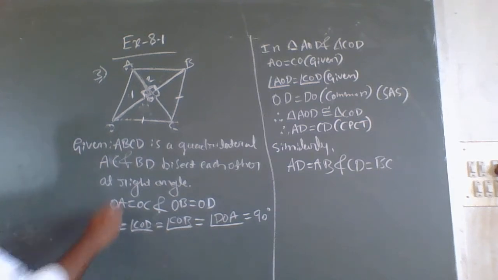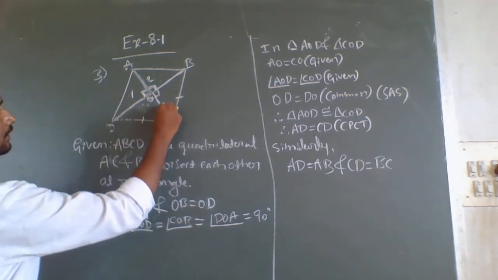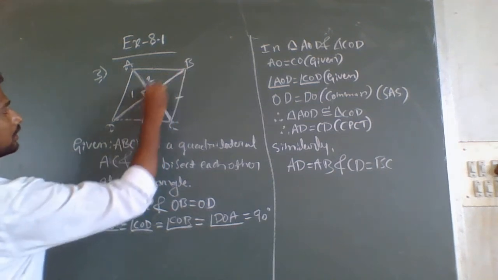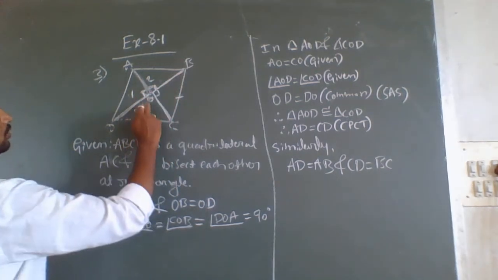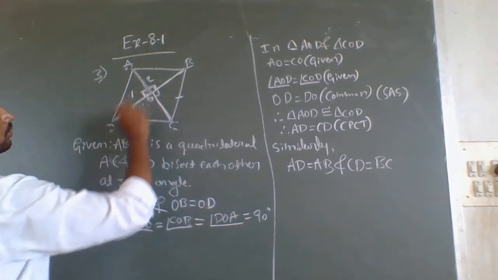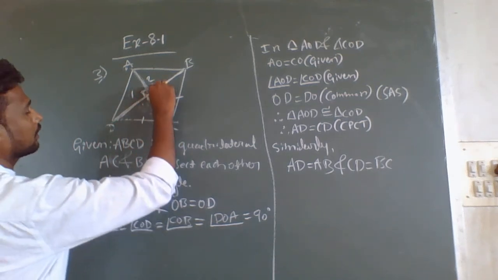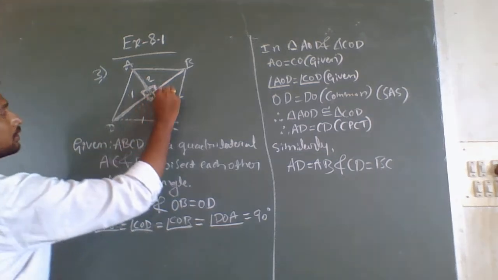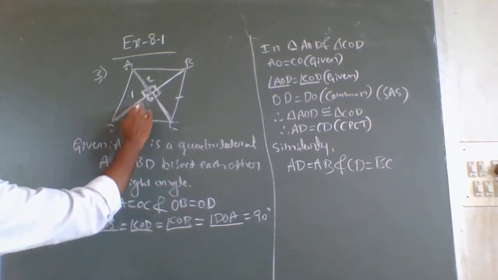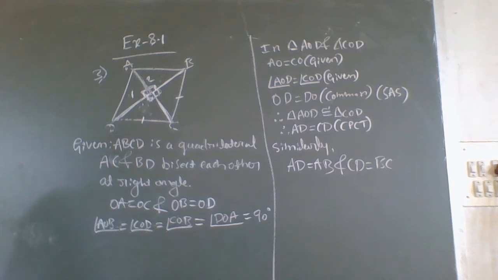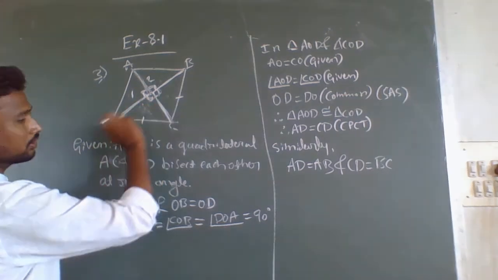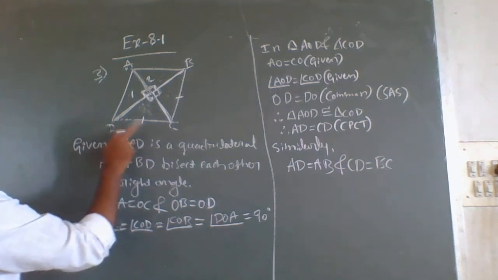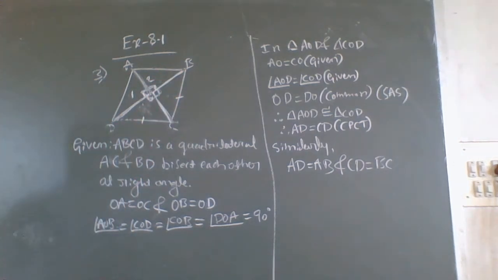How? Again, if you consider these two triangles here, this side is common, and you know that these two sides are equal because the diagonals bisect each other, which means BO is equal to DO. Therefore, these two sides are equal. This is common, and these two angles are equal because they are 90 degrees. Therefore, again these two triangles are congruent because of side angle side. Here one angle, two sides. If these two triangles are congruent, then by CPCT, CD is equal to BC.